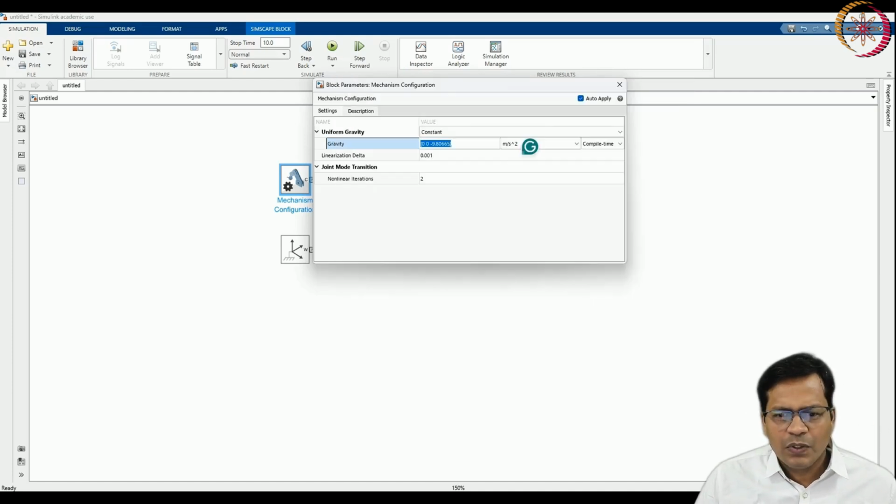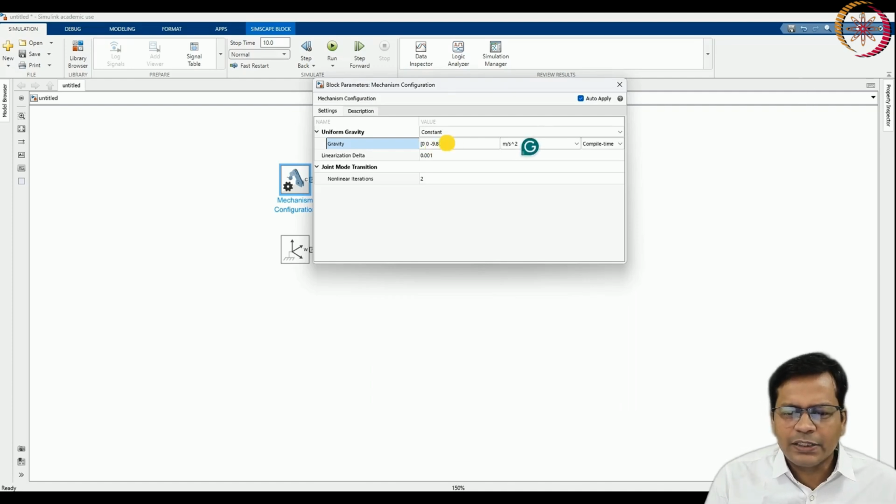We need not bother here because it is a planar robot. Okay, so here I go. So yes, what I will do, I will just put my gravity component in an array form. Okay, it's a 0, minus 9.80665 and 0.